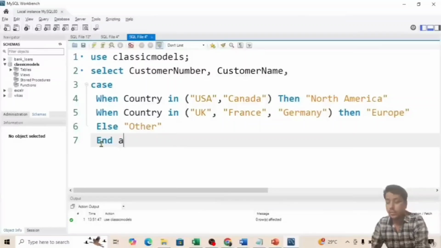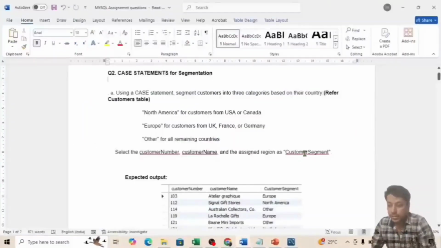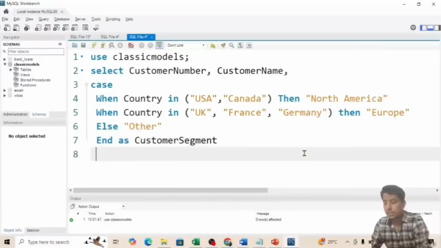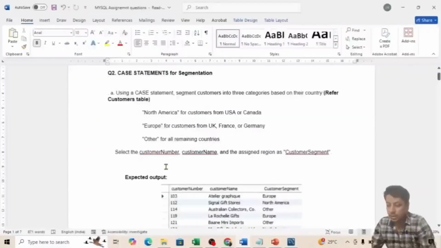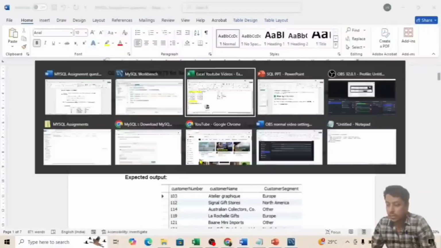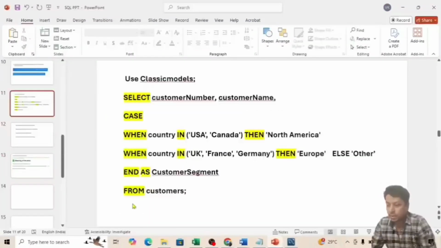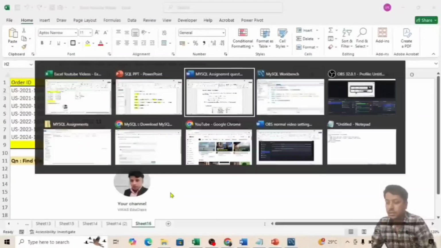Now we have to give an alias name, and what is the alias name? Customer segment, right? Then from which table? Let me check which table we have used. From the customers. Yes, from customers.